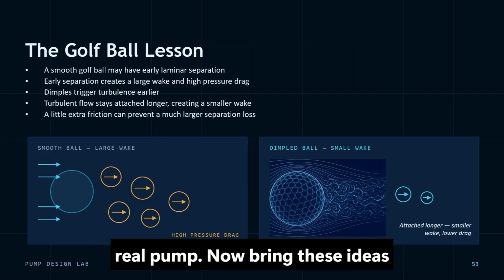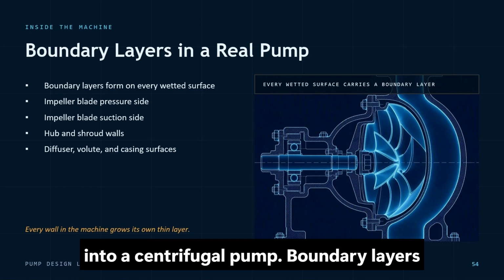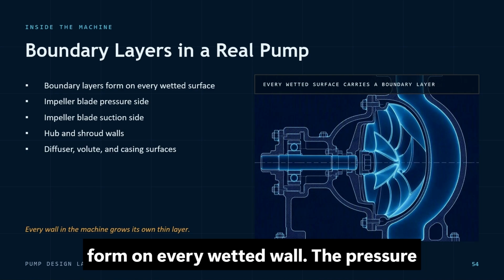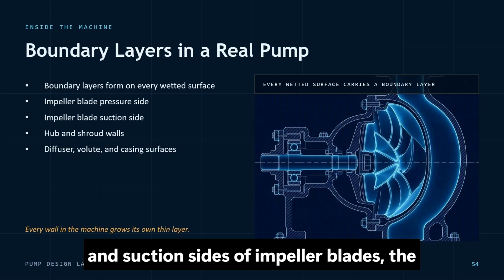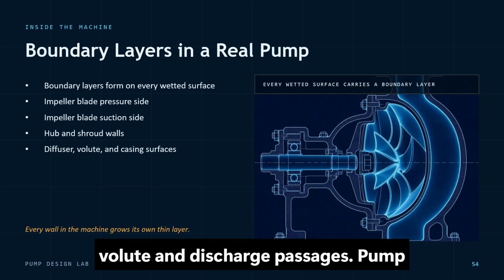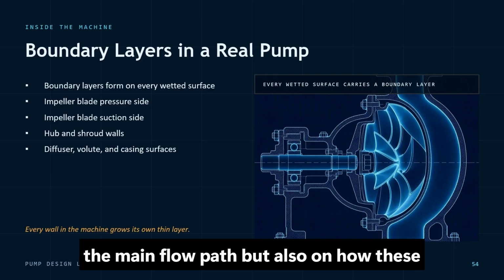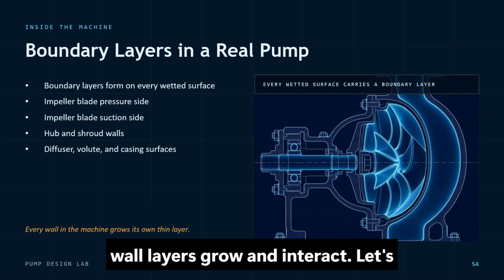Boundary layers in a real pump. Now bring these ideas into a centrifugal pump. Boundary layers form on every wetted wall. The pressure and suction sides of impeller blades, the hub, the shroud, diffuser vanes, the volute, and discharge passages. Pump hydraulic performance depends not only on the main flow path, but also on how these wall layers grow and